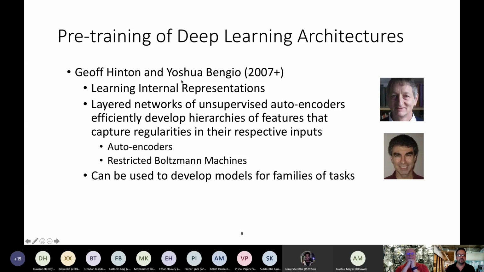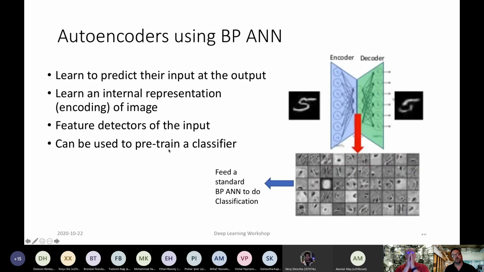Hinton and Bengio were coming up with some of this stuff 10, 15 years ago now, with the use of autoencoders to capture basic features of images and feature maps in a huge training set that might cost way too much for you or I to run on our machines or on our servers.